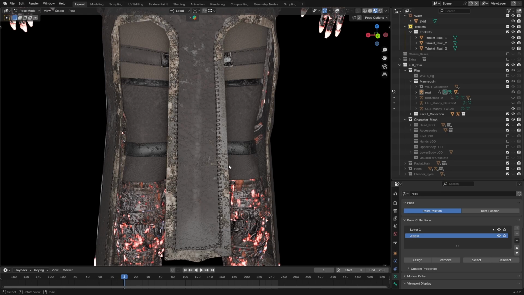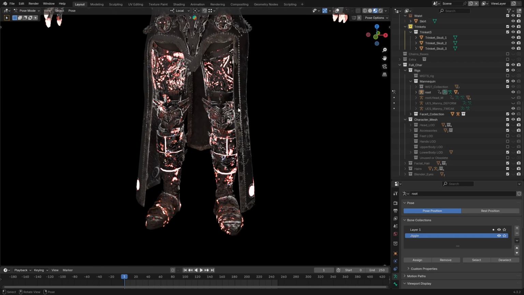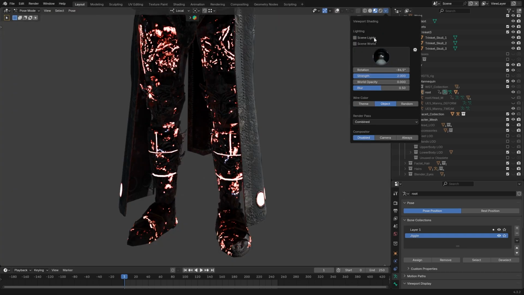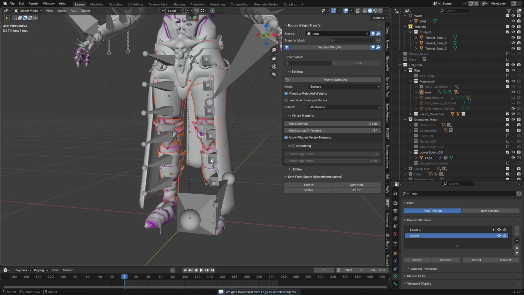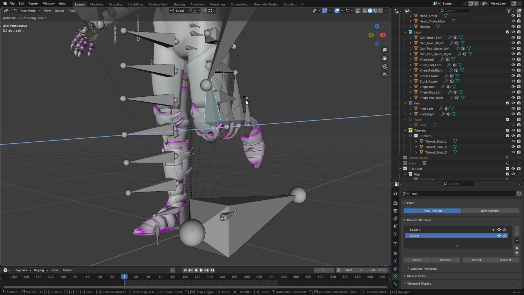So these are stretchable objects, therefore we can receive the weight paint transfer from the lower body. However, the calf armors, the knee pads and the thigh armor should not be able to stretch at all. Now for simplicity and demonstration, I'm going to use the transfer weights on all of them, source the lower body, parent the usual way, and now if I check it,